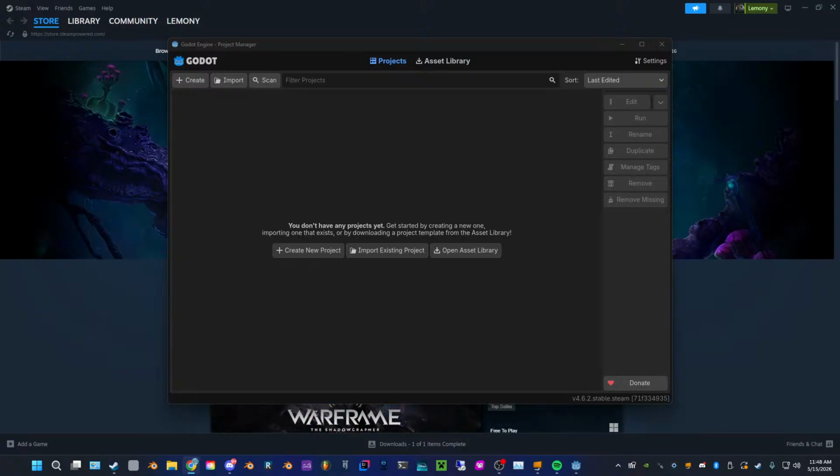Oftentimes when making levels, I will go to the top right here and click on the axes to change to that view. Just a really nice way to view everything from the side or the top. And to exit, I just click and drag with middle mouse. Now sometimes I will use a CSG combiner node, so let's hit plus CSG combiner, and this will combine all